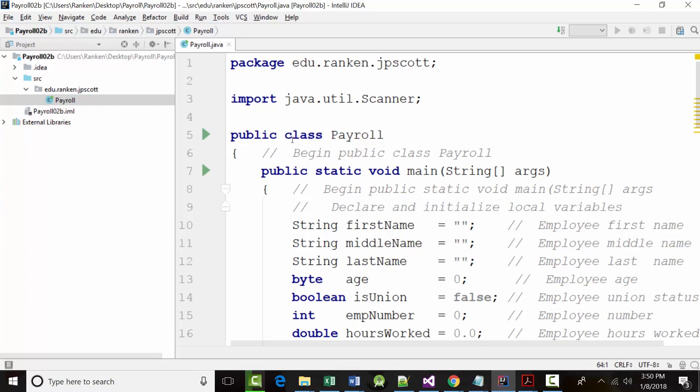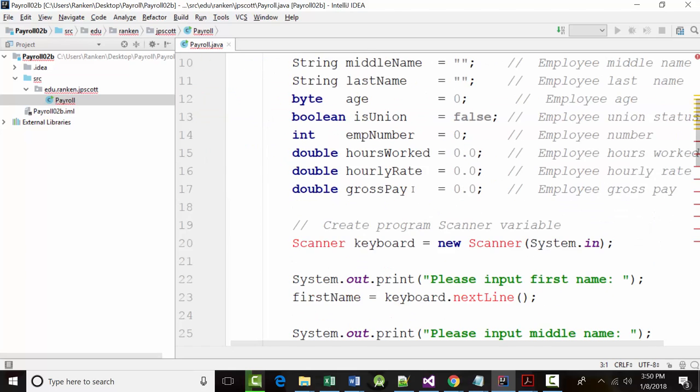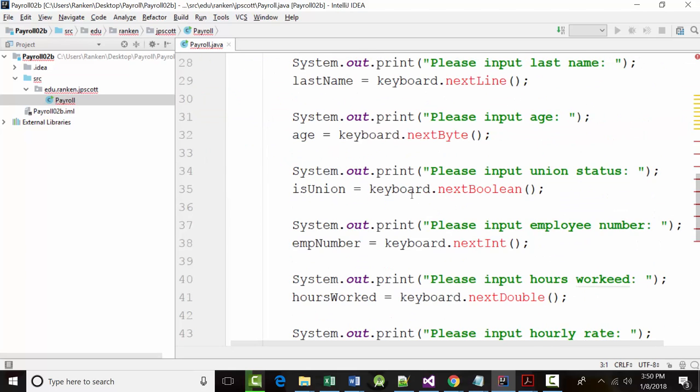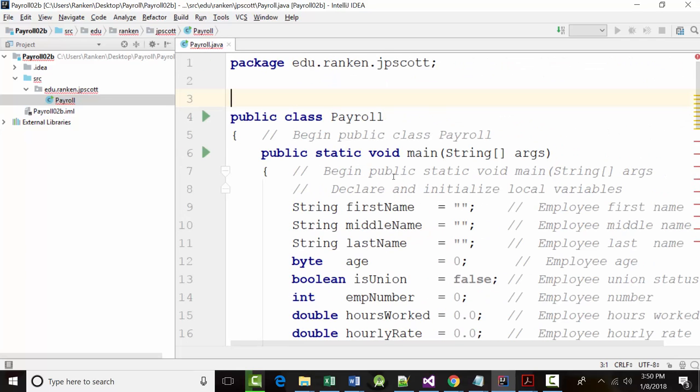I don't want to use a scanner anymore. Did everybody hear that? So anywhere that here, if I get rid of this import statement, I'm going to get red all over the place now. Every place that used the scanner. Does that make sense to you? But it's okay. I'll go in and fix it. But in here, when you want to use the input